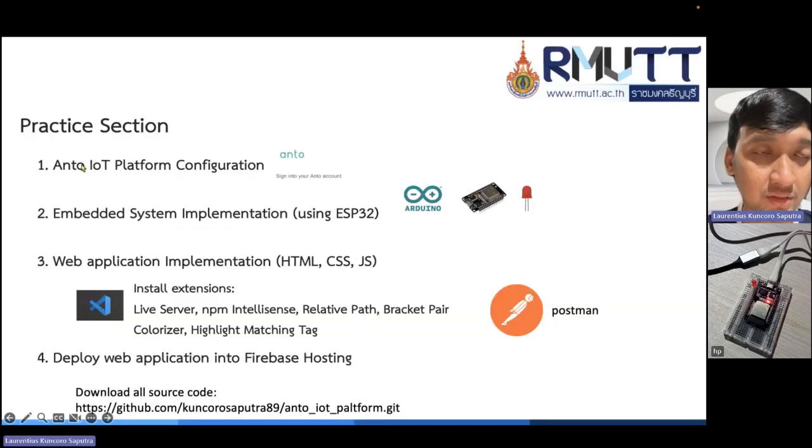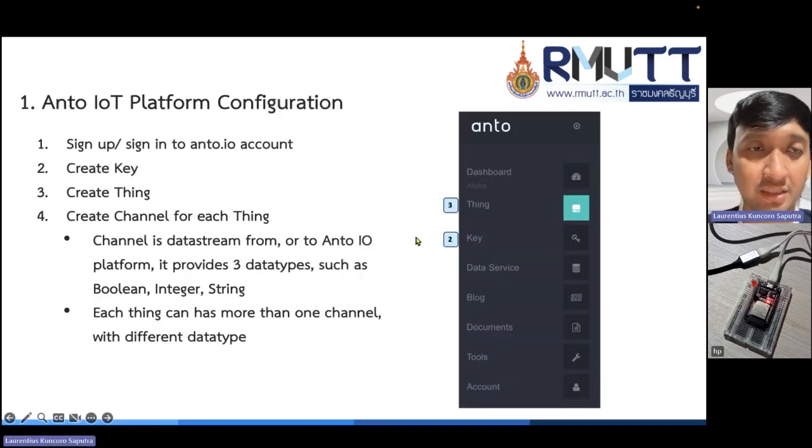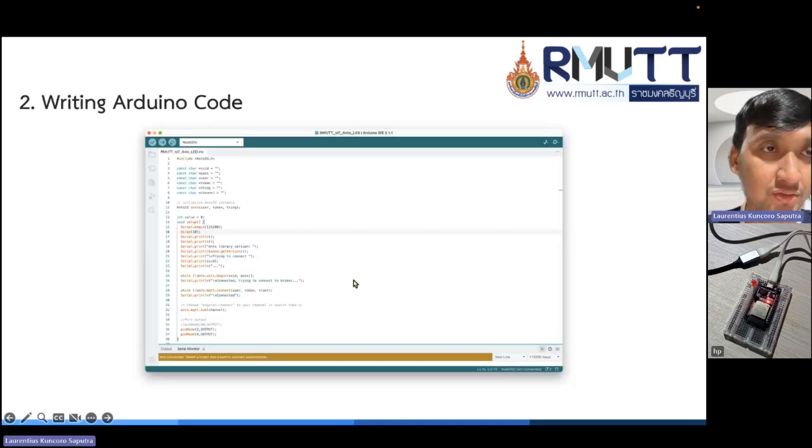We already finished configuring the Ento IoT platform, so we can move to the embedded system implementation. This is the step for the Ento platform configuration.